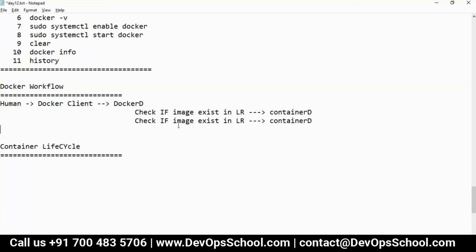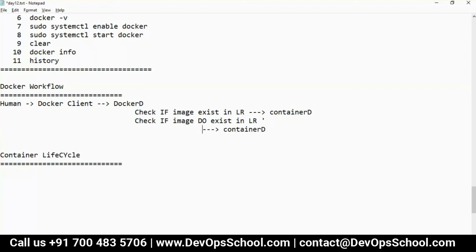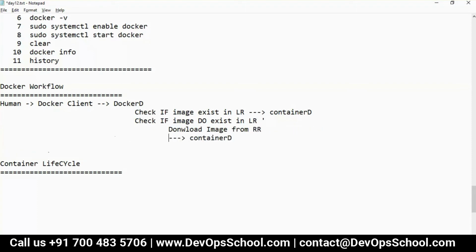If the image does not exist in the local repo, then download the image from the remote registry, RR. Which is RR in our case?